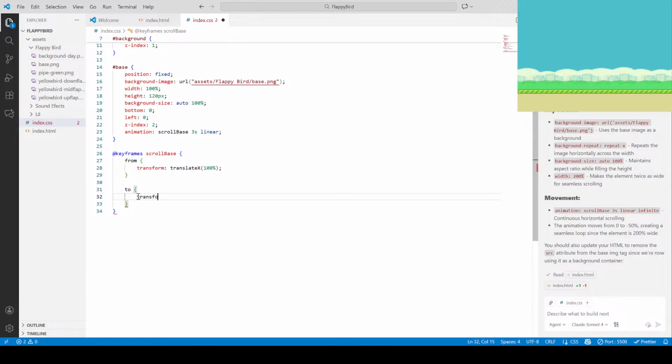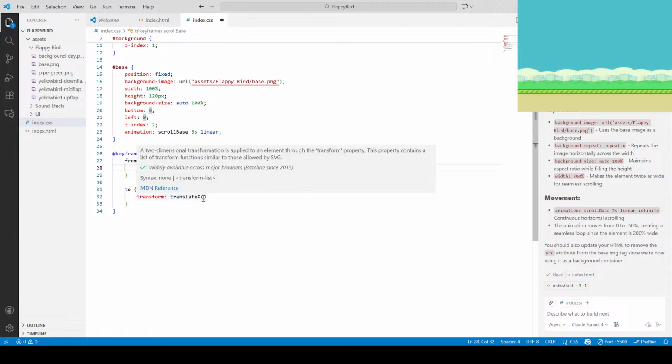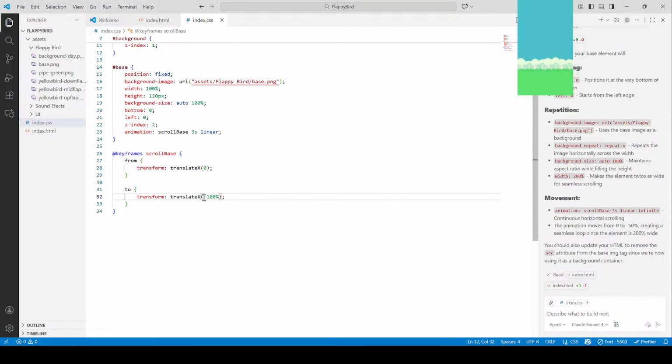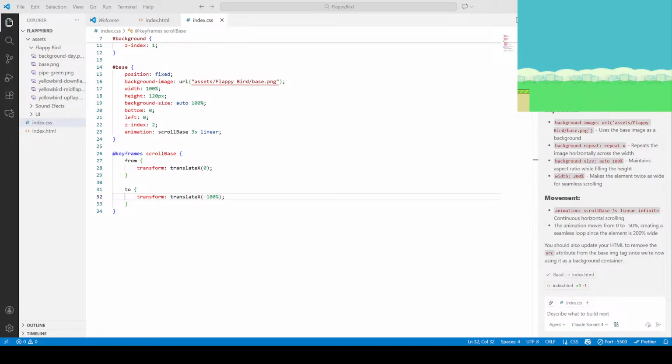To transform, translate X. This should be 0, I guess. 0 to 100%. Let's see if it works. Okay, it kind of works. It works, but we also want... Okay, okay, it animates, but I want